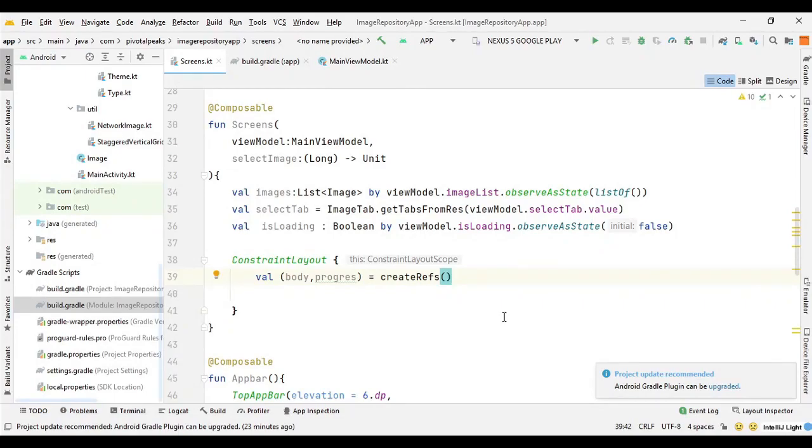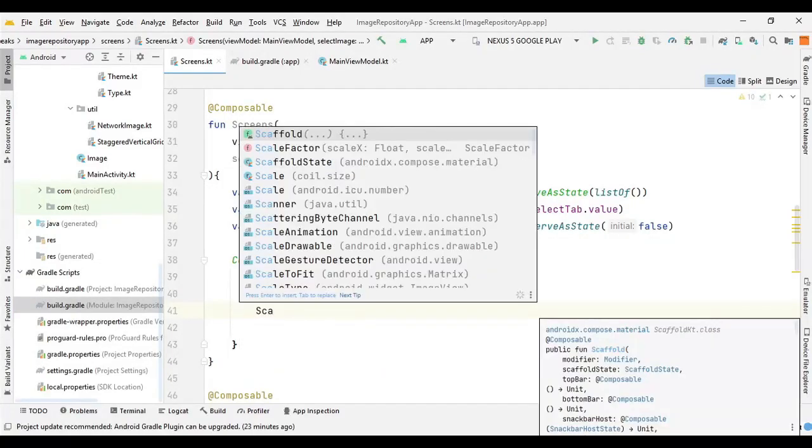So things like app bar or floating action button or bottom navigation are good examples to put together under Scaffold. So let's just do that. So we can say Scaffold,